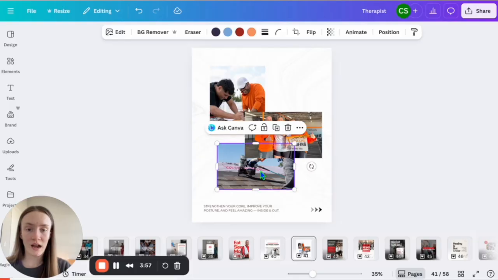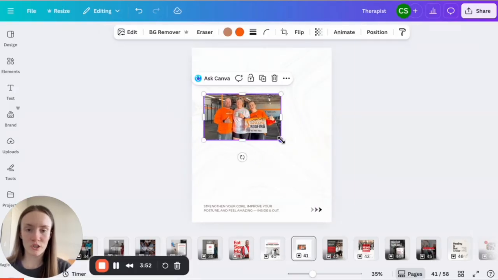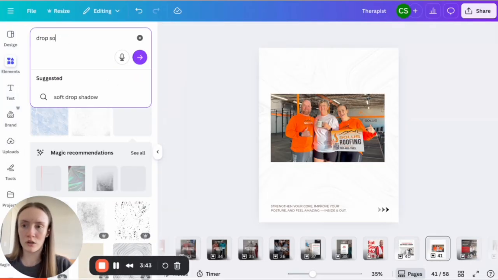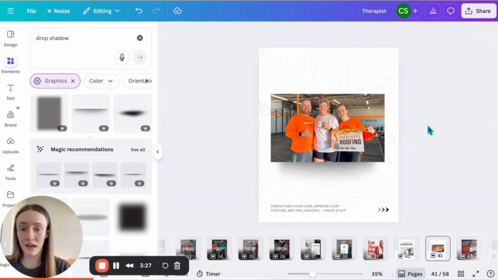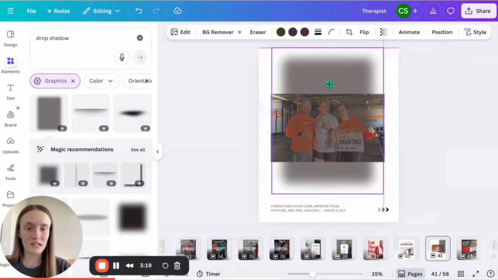Now let's say I have just one photo, but I want to add a little bit of a drop shadow to it because I want it to stand out. You're going to go to elements and we're going to go drop shadow, pick all these different shadows and do something like that. Or if you want it to actually cover the entire image, you can take this shadow and